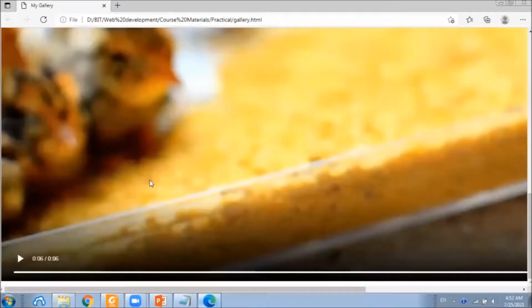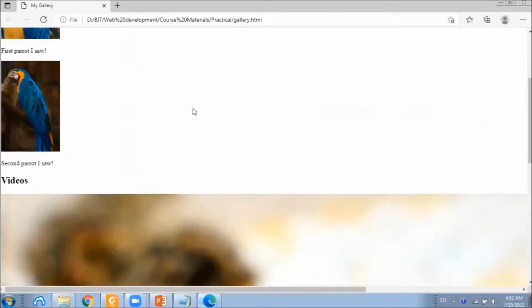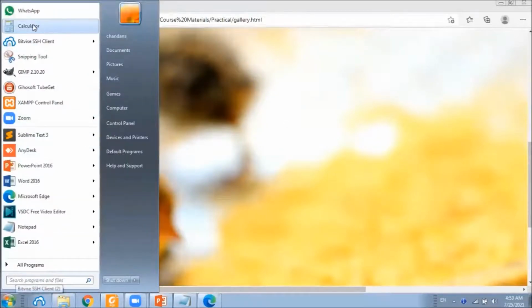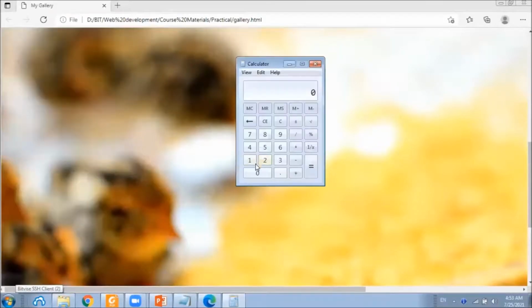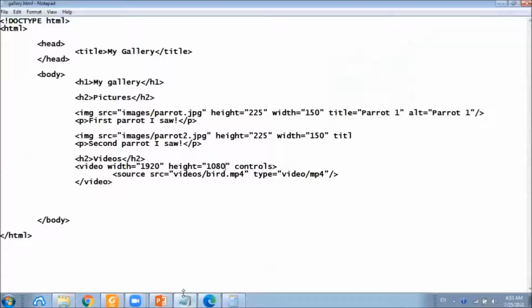But we might want to resize the video so that it's visible for the user without scrolling the page. So let's divide the dimensions by 4 and specify in the file.